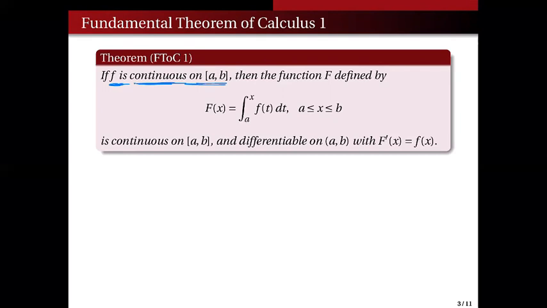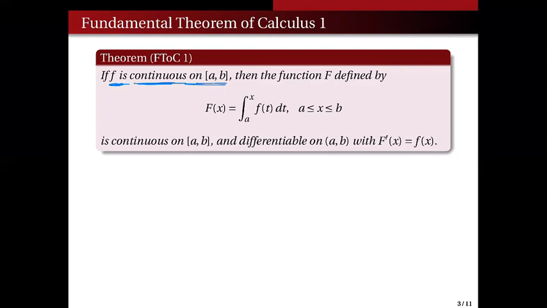So if f is not continuous on [a, b], we don't know what the conclusion is. But if this small f is continuous on [a, b], then we are sure that this capital F of x is continuous on [a, b], and it's also differentiable on (a, b). That's one. Second,